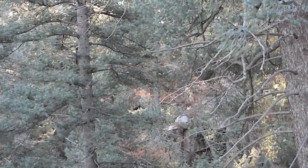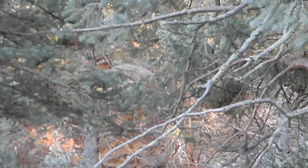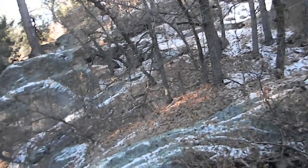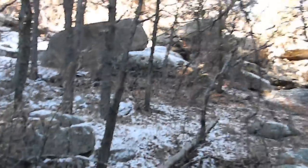But it's really hard access, hard for humans to move around. And like I said, I haven't been here in quite some time because I found those other nests farther away, across the canyon, a couple of miles away. So I haven't really been over here in a while to see what's been going on. I'm just going to continue working along and see what kind of new stuff has been going on. I haven't really run across a lot of prints. As you can see, there's some snow on the ground still. It's really frozen though. It's like tundra. It's solid ground. I was hoping to pick up a print today, but I just didn't. So we're going to move down towards the main nest,